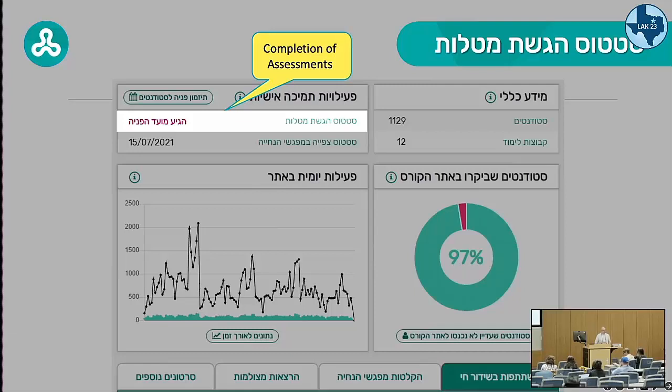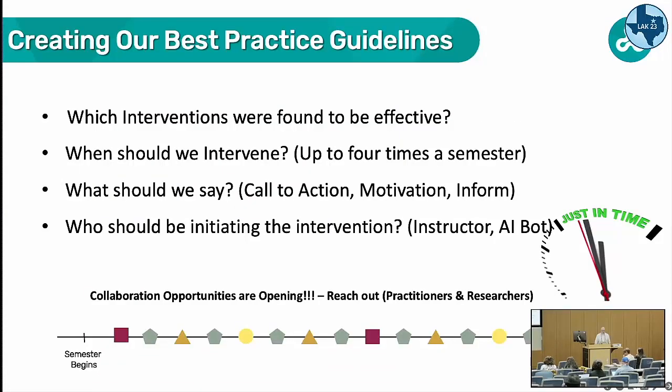Fourth, it's where we are currently in our development. We are trying to create our best practice guidelines, which will deal with these questions. Which interventions were found to be effective? When should we intervene? We assume that it will be up to 4 times a semester. What should we say? Well, you saw the last